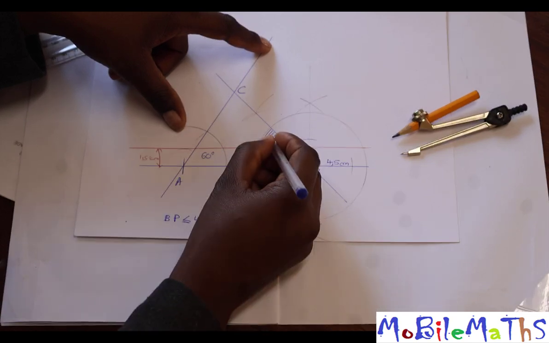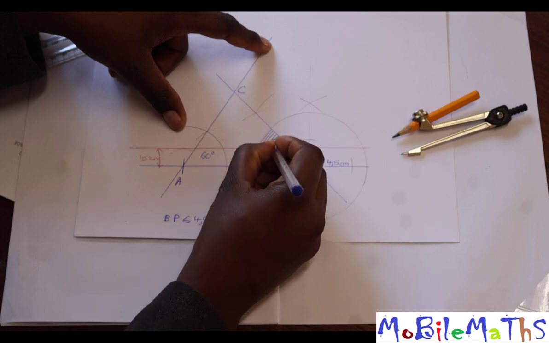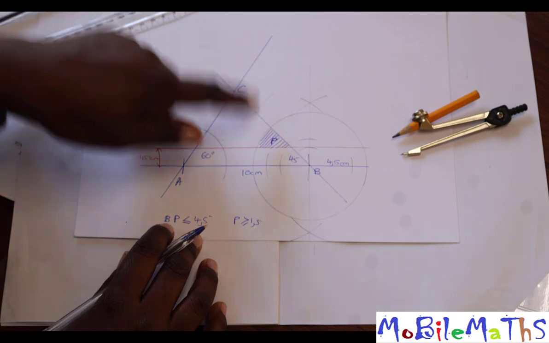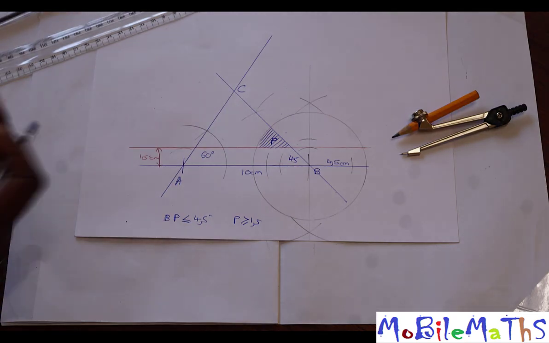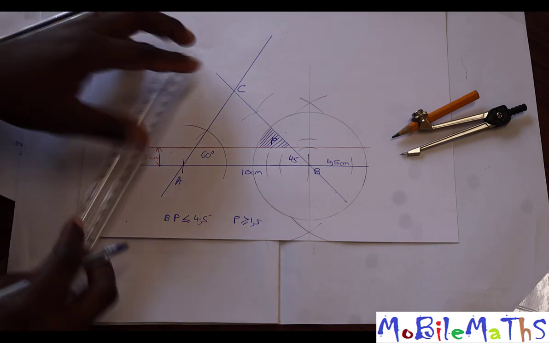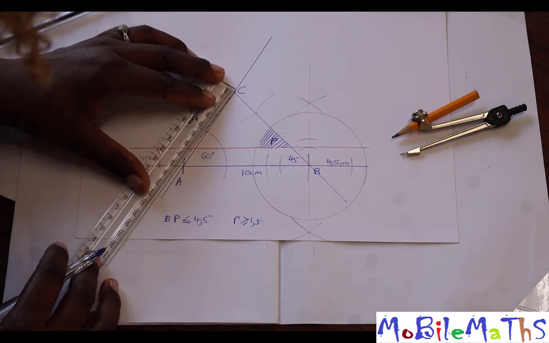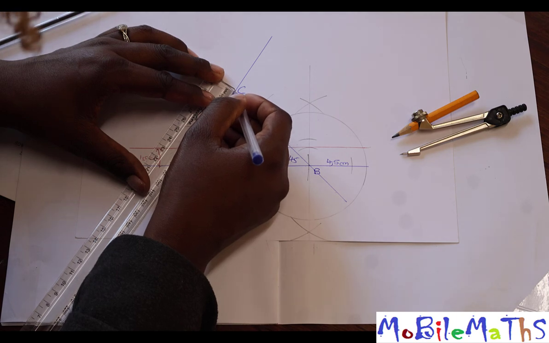Okay, so this is where our P is. You can even label it for them so that they see it's P there, like that. Then the last question: measure and write down the length AC. So I'm going to measure our AC. Our AC is